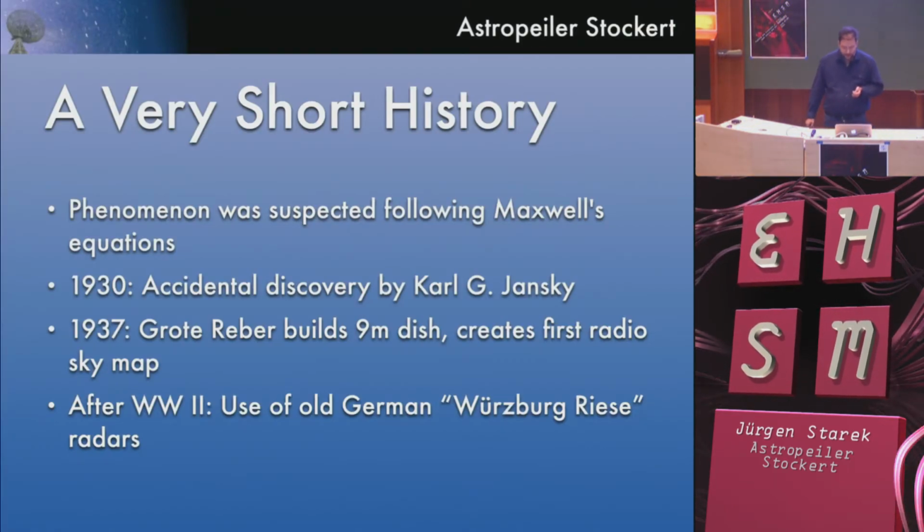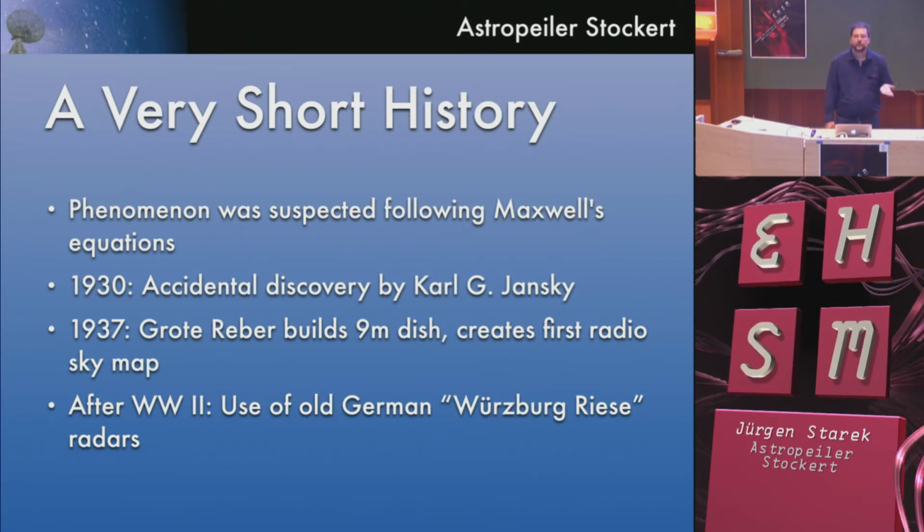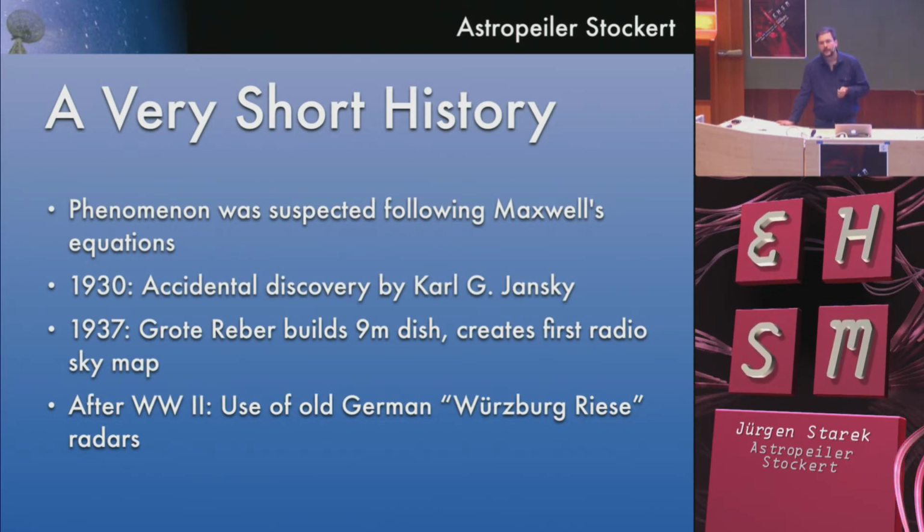Radio astronomy itself was something that was theorized about after Maxwell's equations became public, and it was clear that all sorts of radiation were essentially the same phenomenon. So people were wondering, why are stars and galactic bodies emitting light, but why shouldn't they emit on other frequencies? In 1930, the phenomenon was accidentally discovered by Carl Jansky, who was originally charged with diagnosing problems in